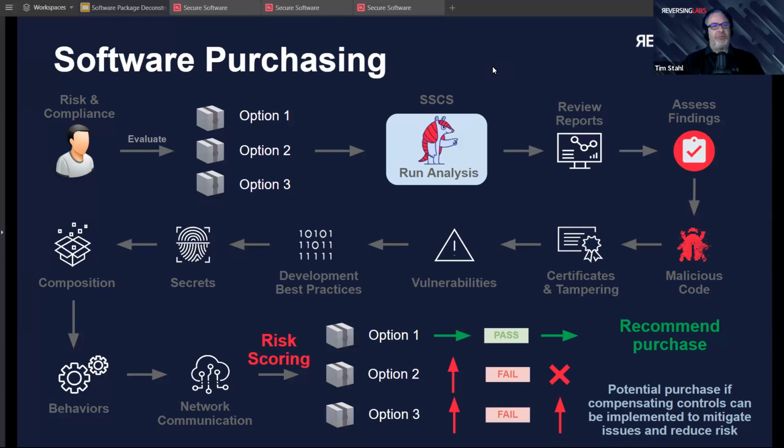So when you're doing a software purchase, you can assess these kinds of things. And what you want to do is not just look at one version, right? If you have 3 options for software from 3 different vendors doing the same thing, you don't want to just look at one version from each and compare those. You want to try and get two previous versions too. Then you'll get these differential reports and you can see the changes between the two. And that sort of gives you a sense of